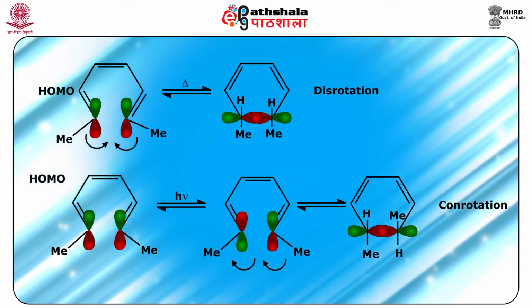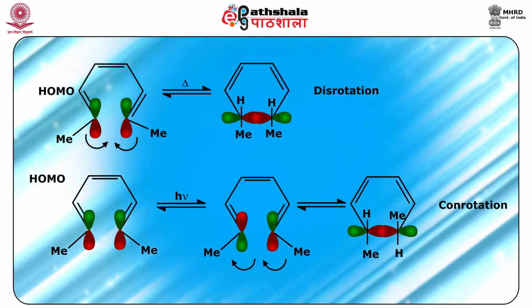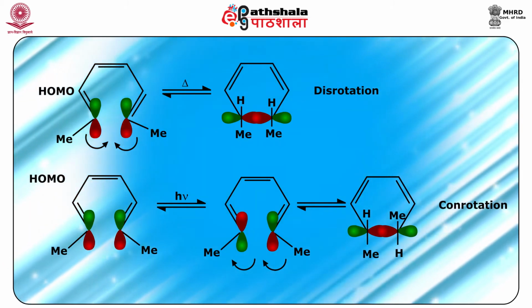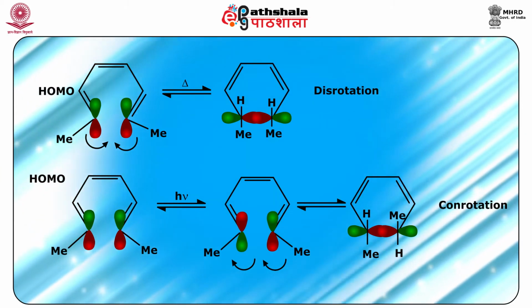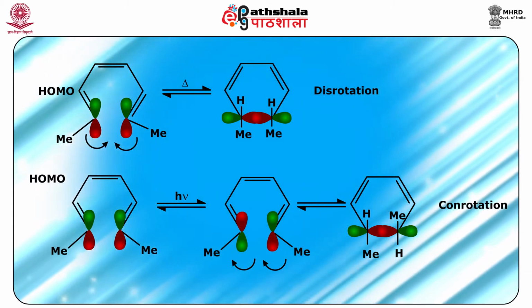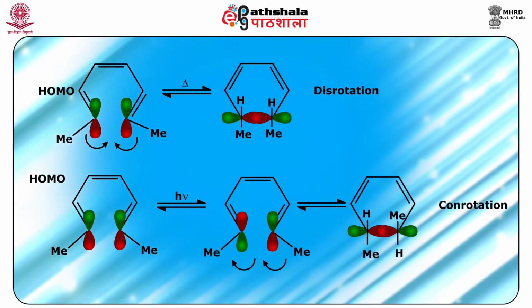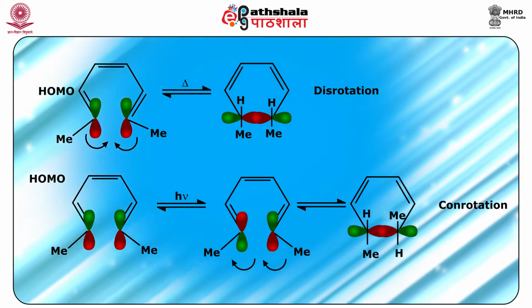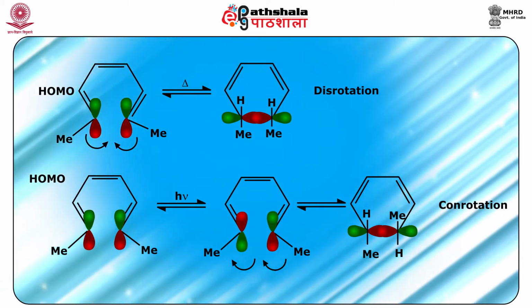Now, there are two known modes of bond rotation, namely conrotation and disrotation, as shown in the diagram. If we consider the termini of the HOMO of the triene system, it can be seen that the end groups must rotate in a disrotatory manner, that is, twist in opposite directions when observed front on, to form the new